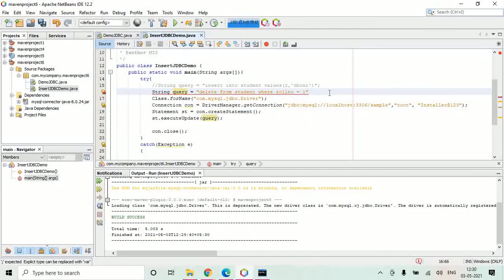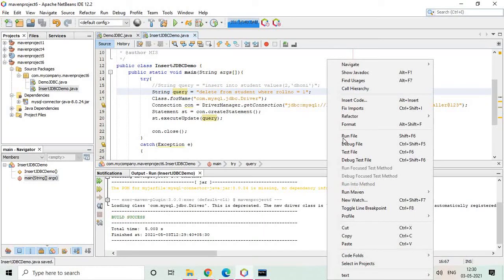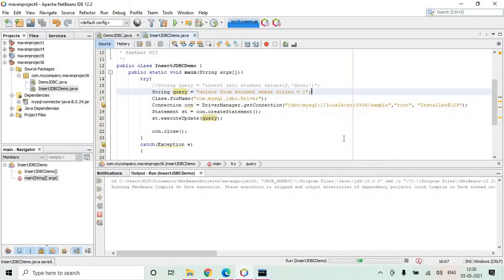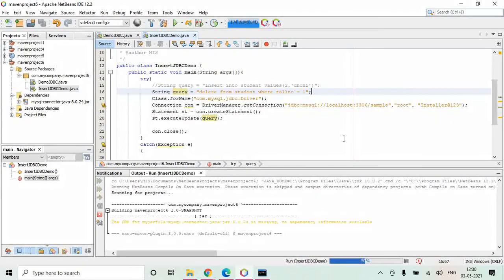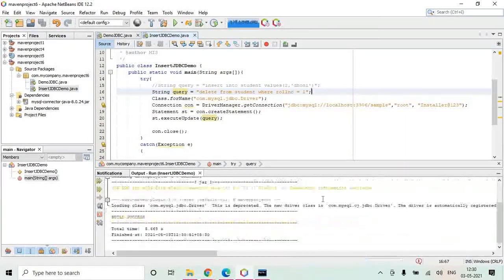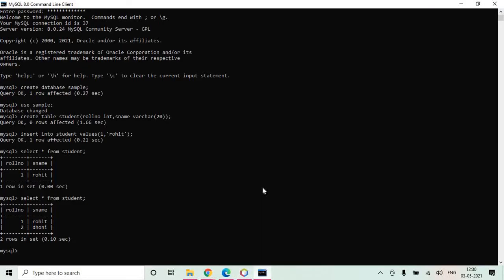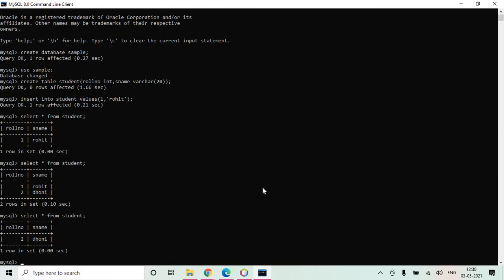Okay, so you have written this query: delete from the table name where roll number is equal to 1. We will save this file and run the file. Simply this query will get executed and the first record from the table will be deleted. So here it is running the file, build successful. Let us run this query. So the first record got deleted.